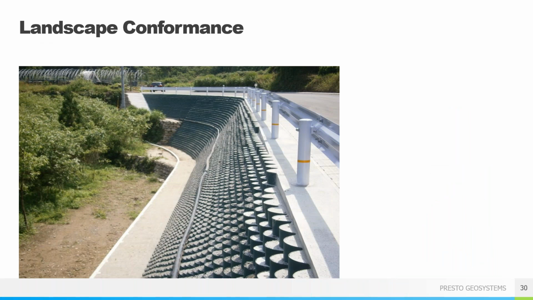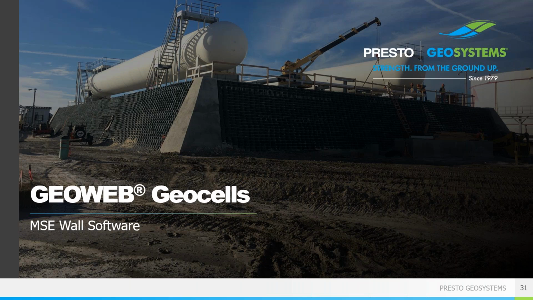The system is very flexible, as I mentioned. You can conform to any type of roadway here. This is a reinforced slope on a roadway. You can see we have some drainage structures on this slide. It's very flexible. This is an inside corner. We can also do outside corners by just over expanding and under expanding those GEO panels. So really easy to install in the field. And as I mentioned before, if someone from Presto isn't on site, someone from our distribution network will be on site to assist with the installation of the system.